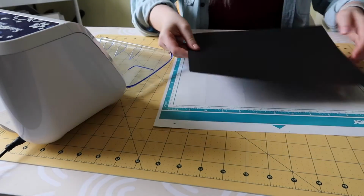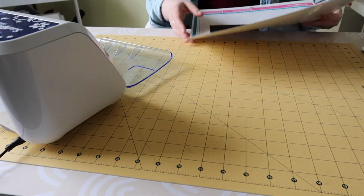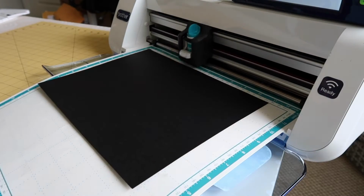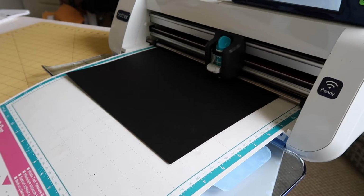Once the base banner is printed out, we're going to go ahead and start cutting out the letters. So again, this is all available in my Etsy shop and I'll make sure to link that below, but you can get creative with this. Use some different fonts if you'd like. You can use the Star Wars font if it's for personal use, but I went ahead and did kind of a different funky looking font, and that also, of course, like I said, is available in the